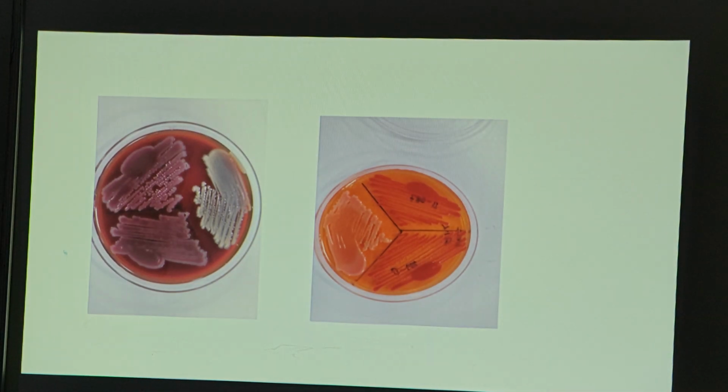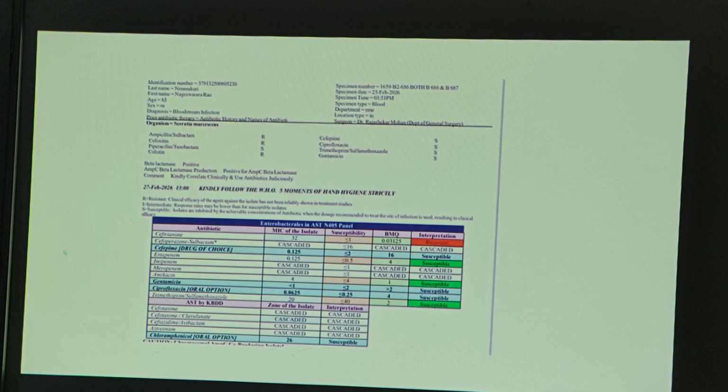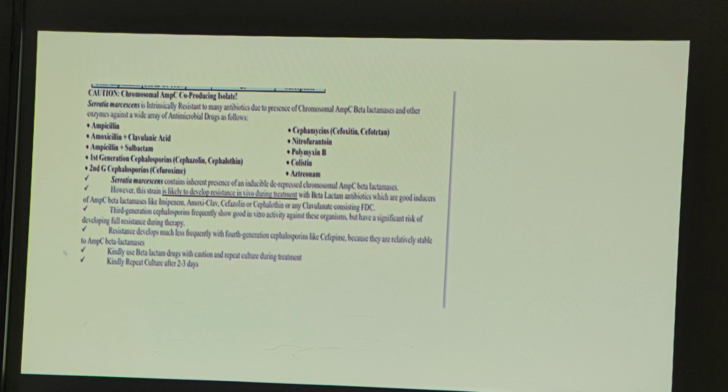So the Serratia from blood, maybe it's a case of urosepsis, we are thinking, because the patient is having diabetes mellitus and clinical features of UTI for 1 week. Maybe the source of infection may be the urinary tract. So this is our report. We clearly mentioned the SPICE organism, that giving amoxiclav, imipenem-like combinations induces intrinsic resistance, everything we mentioned in this culture report. So this is all about the 4 cases.